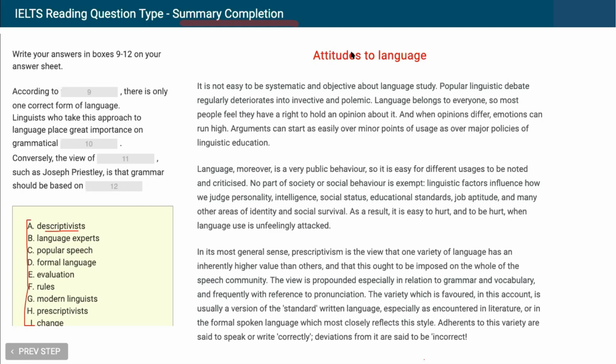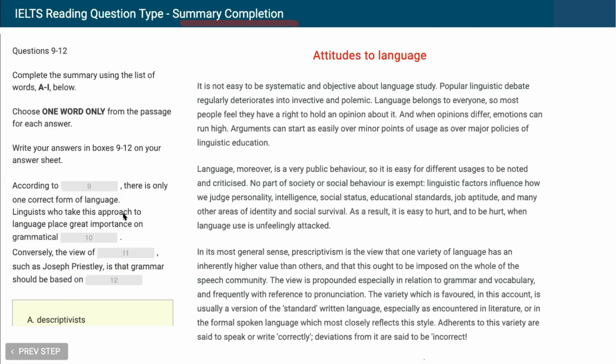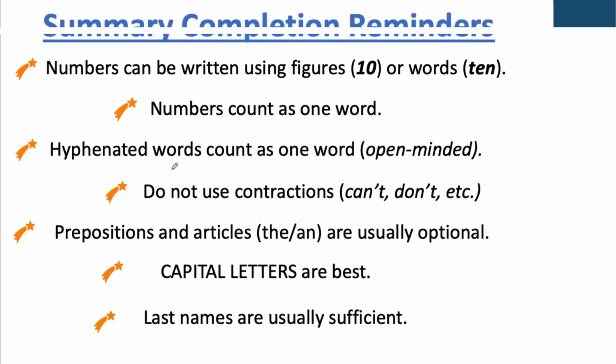Okay, so without further ado, let's go ahead and get started with some helpful reminders for the summary completion questions. These reminders will be really beneficial to you if you do not have a word bank or if you have a flowchart example. And while we won't necessarily use these reminders today in our step-by-step example, I just want you to be aware of them for future practice and future study, because you never know what type of summary completion question you will